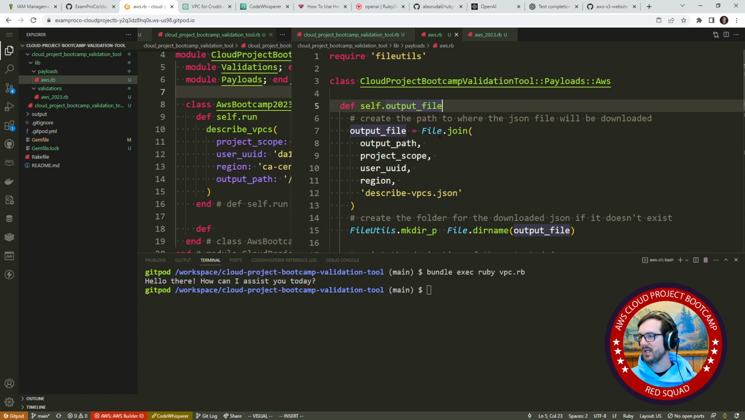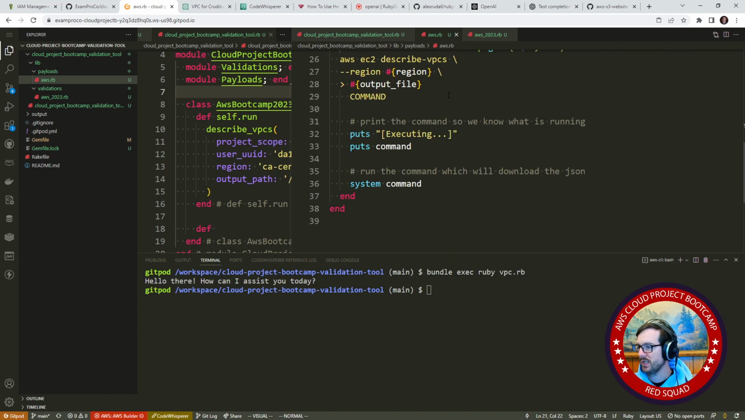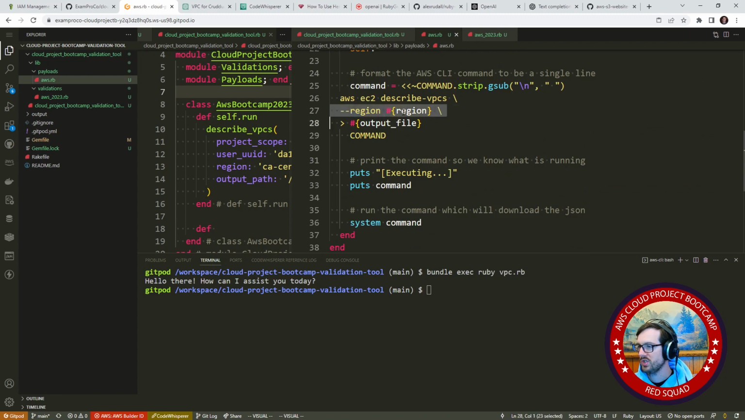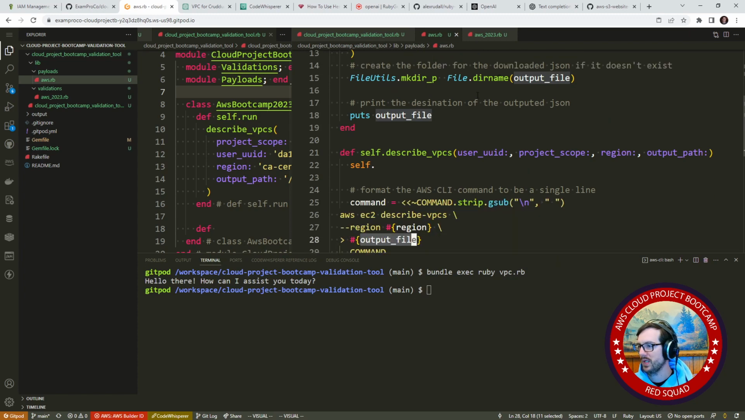And so this has to take particular stuff. And this is all used just for that. Is it used anywhere else? The region's there, the output file is there. So all this other stuff, user UID, project scope, region, well, we kind of do need it, but I'm